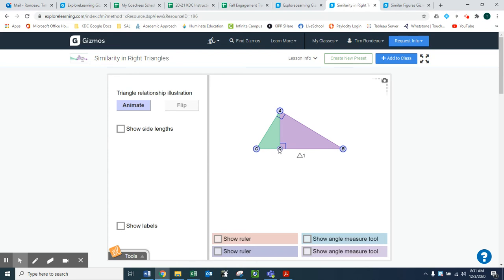I had to create a free account for this, but Gizmos actually has really cool stuff. You can search by standard or whatever, but this seemed relevant to the problem in number 21 on the free response. It is like similarity in right triangles. If you draw an altitude